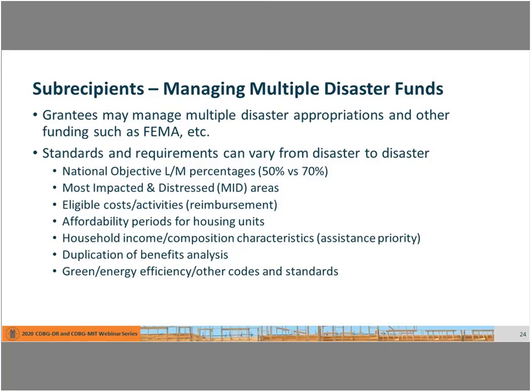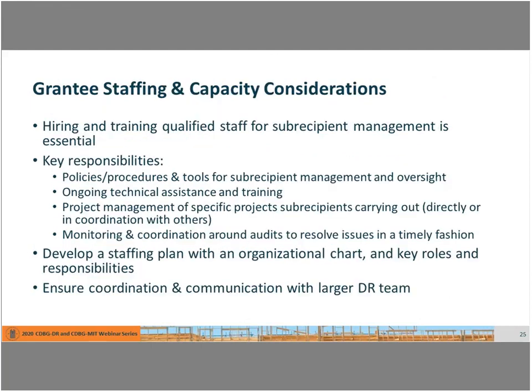So these are the types of things when we talk about a grantee, they need to have the capacity, especially if they're receiving multiple year awards. We talk about the grantee staffing and capacity consideration. Hiring and training qualified staff is not only essential, but it is key to success. And the main thing you're going to find is that, especially if you're a state or a large unit of local government that might have significant disaster recovery awards, you're going to have staff with